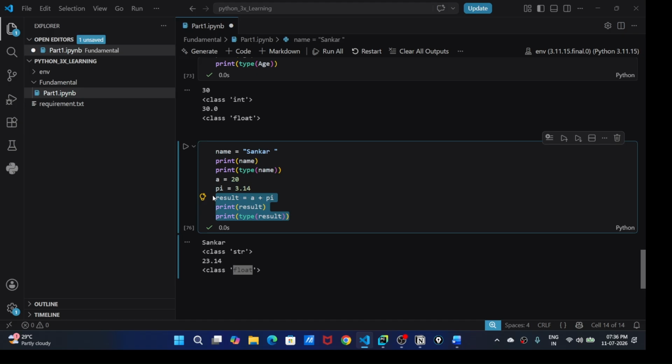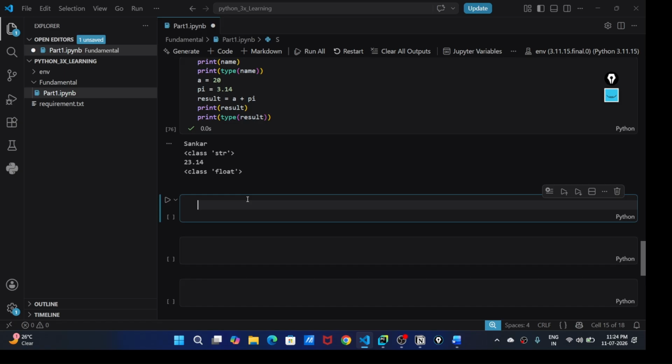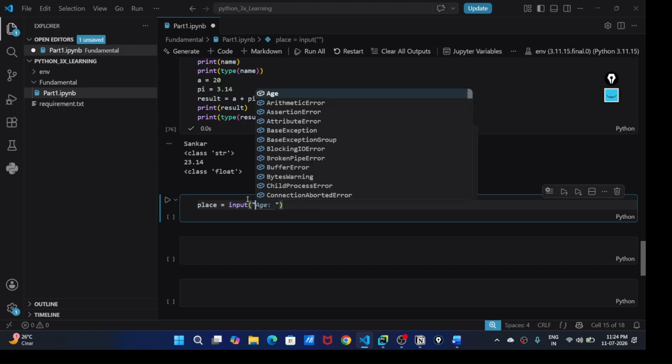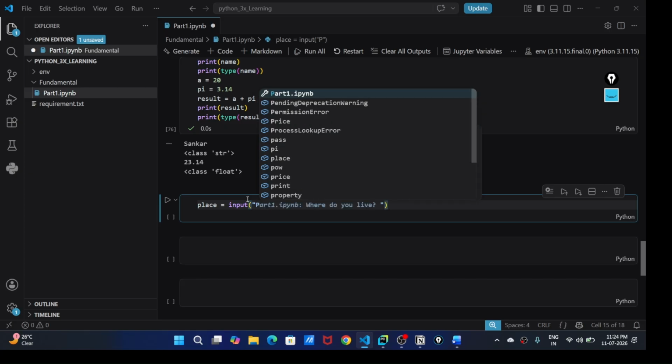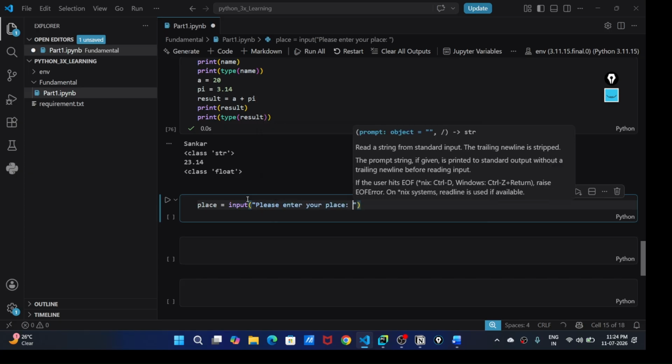Okay, so next, now let's see the input function. Input function is nothing but whenever you want to take input from a user, we use the input function. So take a variable like place, equals input, please enter your place.